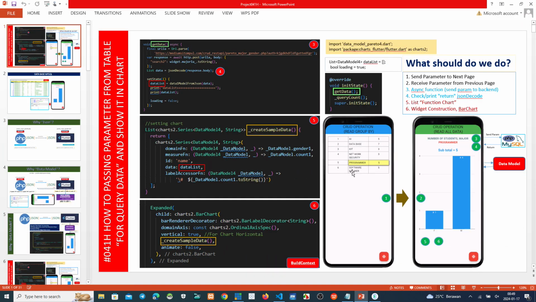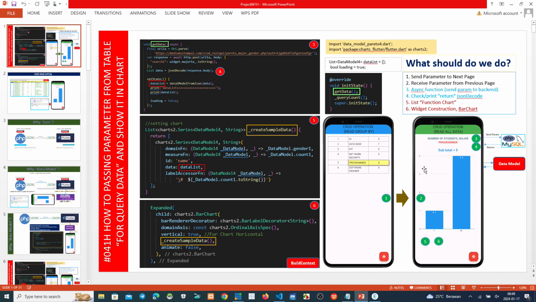If we send this parameter by click this sentence, click, for example, programmer, so this parameter will send to this page, and so the parameter name here. If we click the database, so this parameter equals database, and so on.